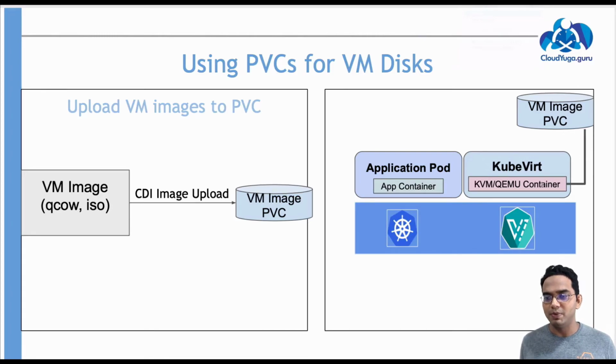So what's going to happen is, as an administrator, you're going to take different images from your users and so on, and then you can import them into the CDI. And with the CDI, while creating the VMs, we can attach a PVC created from that image disk. So that way, you have the disk as persistent storage, and you can use them to create your instances. Hope this makes sense.